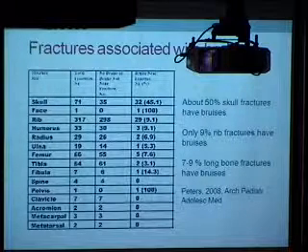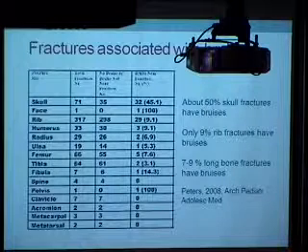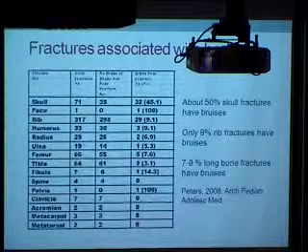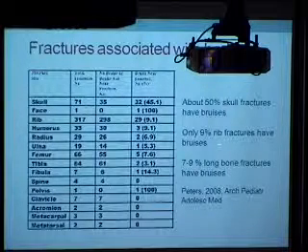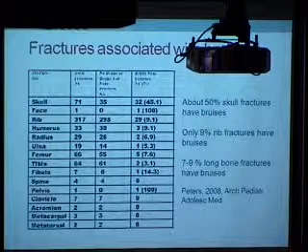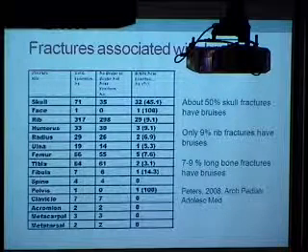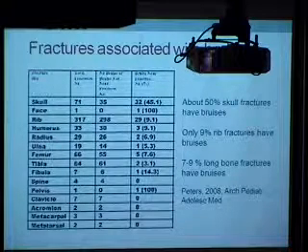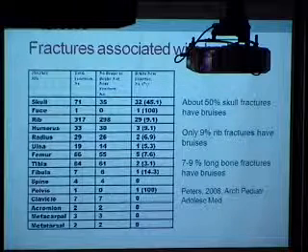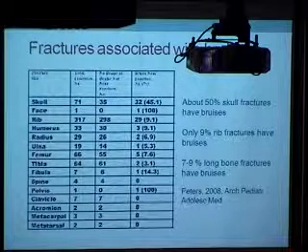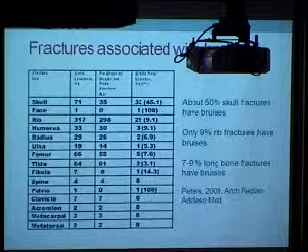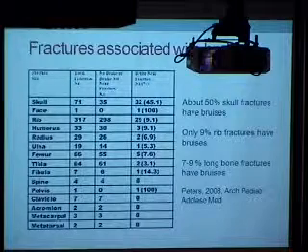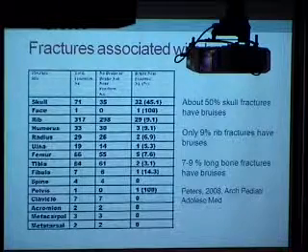So in looking at this data, just in general, about 50% of skull fractures do have associated bruises in this study. And then about 9% of rib fractures have associated bruises. So the vast majority of rib fractures do not have associated bruises. And also with long bone fractures, and so I'm taking upper and lower extremity fractures, only about 7 to 9% of those fractures have associated bruises near the area of the fracture. So bruises are not a good indicator of where you might have injury, especially on the body.